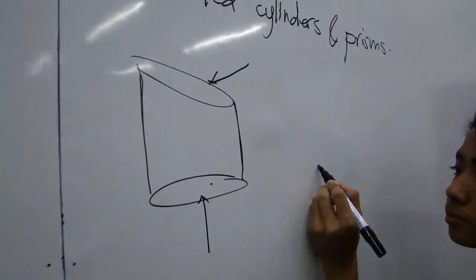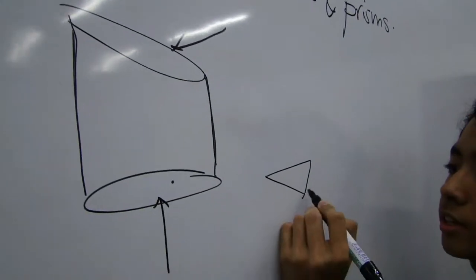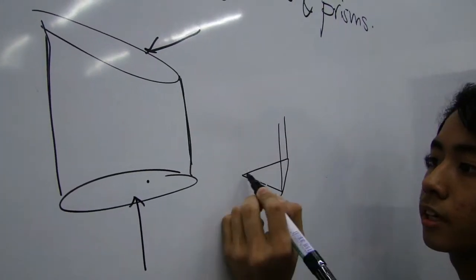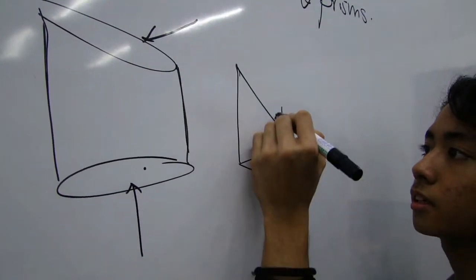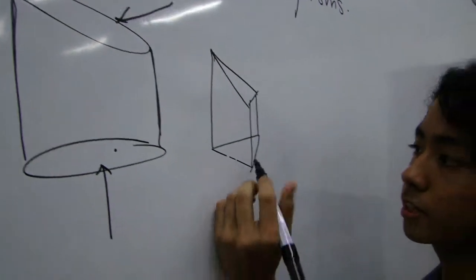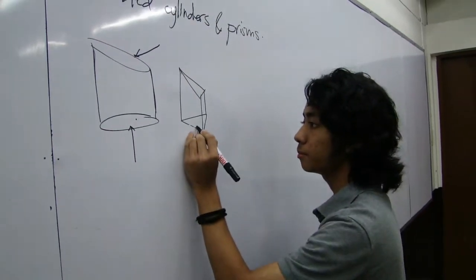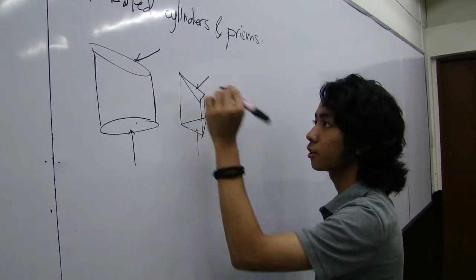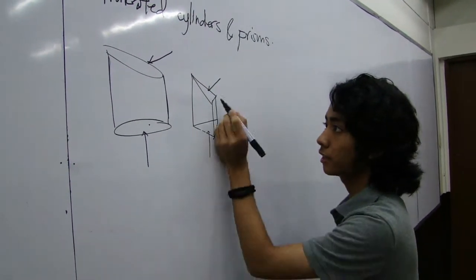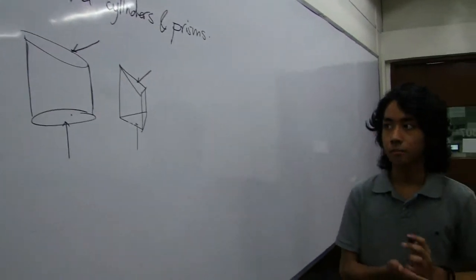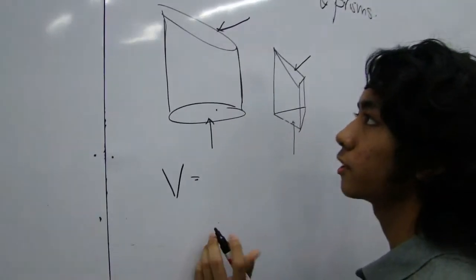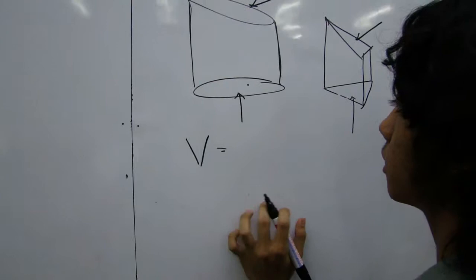Now with the truncated prism, it has similar properties, except that this time, instead of circular, it's polygonal. We have a polygonal base and another which is not congruent to this and tilted in respect to the polygonal base. The equation for finding the volume of the cylindrical base at the